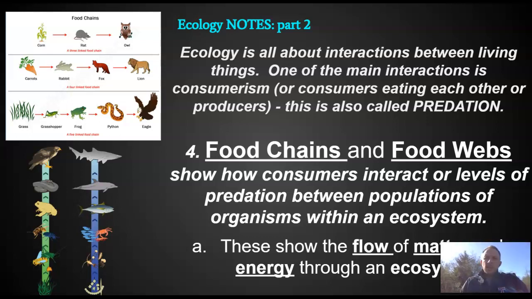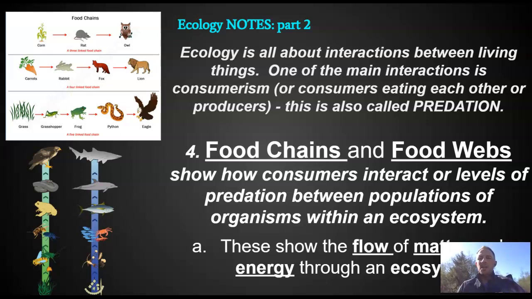and bringing this all back around now, we're going to start talking about how all this works out, how that flow of energy works in an ecosystem. Now we understand the parts. You've got your producers, you've got your consumers, your producers produce stuff, your consumers consume stuff. Great. But in ecology, it's not just interesting what things do. We're interested in interactions, right? So one of the main interactions is, of course, consumerism, right? Predation. Things that eat other things. When we watch nature shows, this is generally what they tend to focus on.